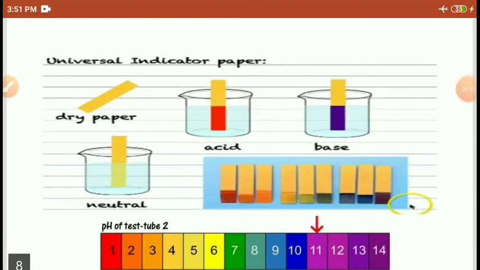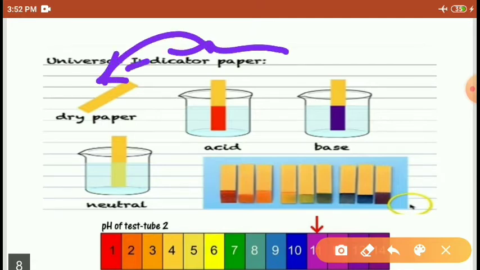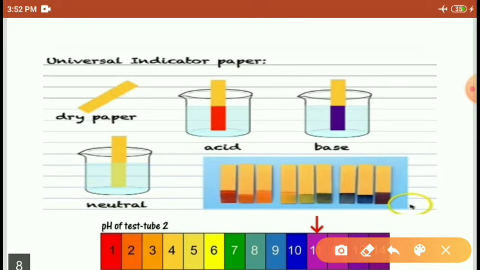Okay, here is the example of the explanations I gave above, students. Here I am explaining with a diagram. We are using the indicator paper. If liquid indicator is not available in our lab, in that case we have to use this indicator paper. So this indicator paper is dipped into the acid. Then remove the paper and match its color with the respective color. Here it matches with 1, so it is a strong acid.